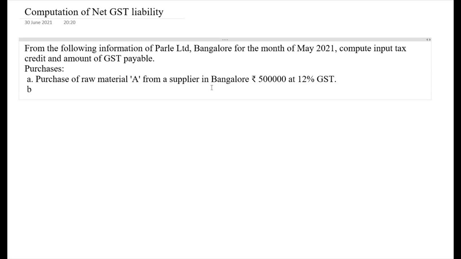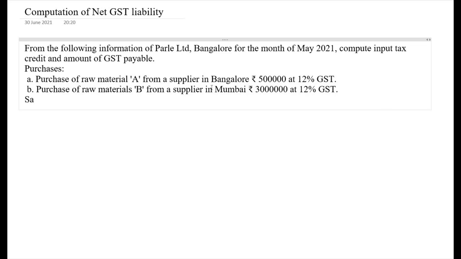Next, B. Purchase of raw materials B from a supplier in Mumbai, rupees 30 lakhs, at 12% GST. Next, sales